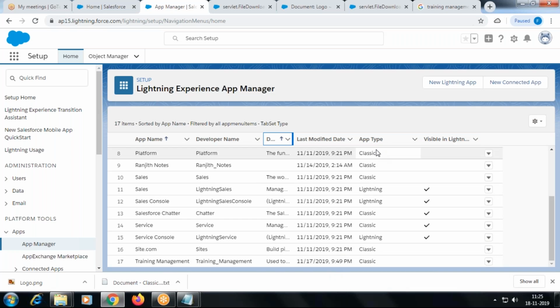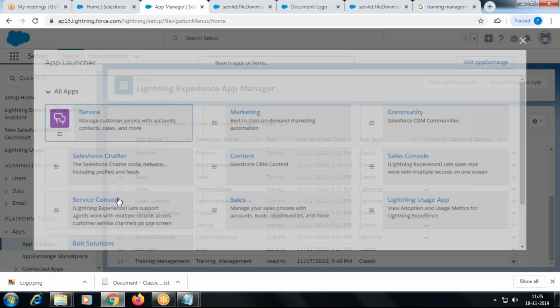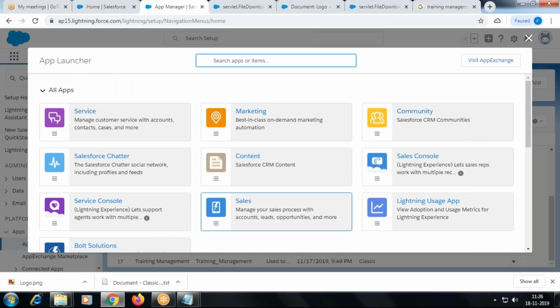What is the app type of our application? Classic. And the column Visible in Lightning Experience or not is not enabled, right? That is the reason we are not able to see the Classic application in the app launcher, okay? So we need to enable that option.